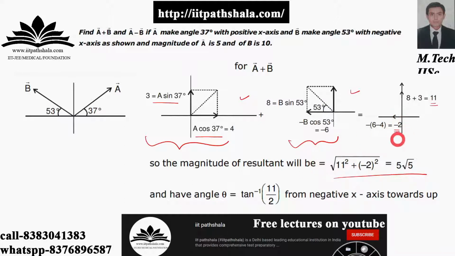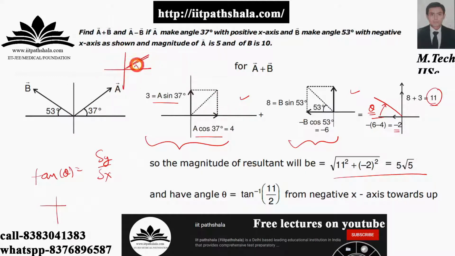Fine. If you have to find the angle, then it is pretty much simple. Tan theta equals sy upon sx. Sy is given to you as 11 here, and sx is given to you as minus 2 over here. Fine with that. Now the resultant angle which you are accounting over here will be from the negative x-axis. Take care to keep that in mind, because until now, if you were having this as your coordinate system and you were accounting for tan theta over here, then this y you were taking and this x you were taking.